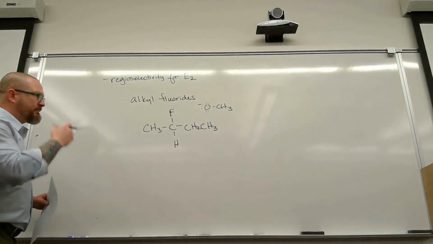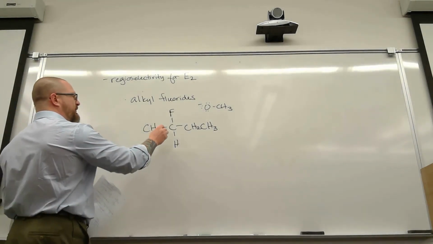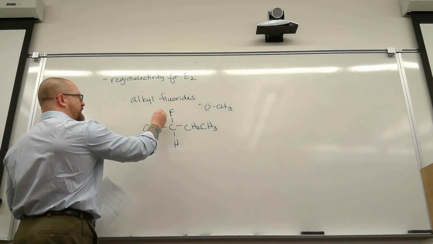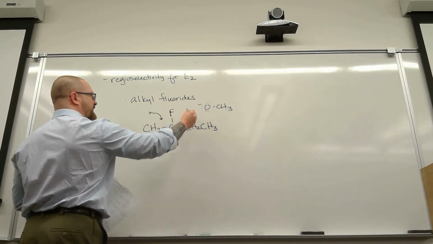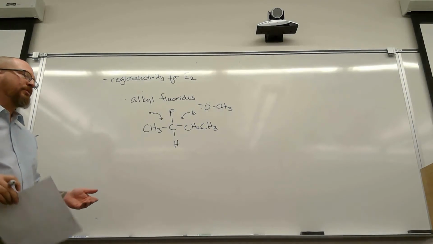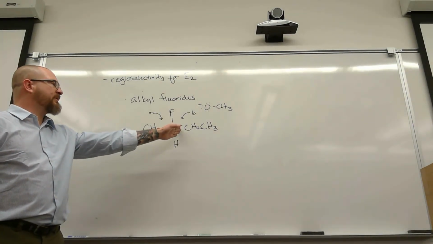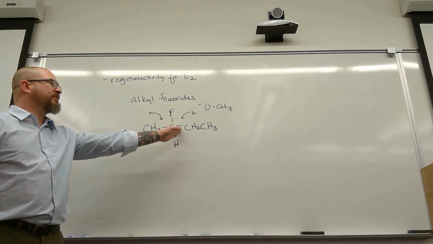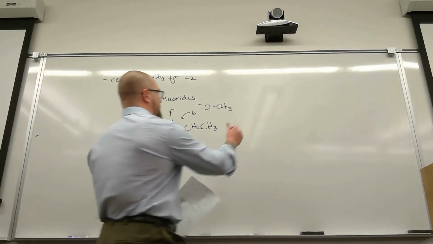Methoxide for a base, and that means we can eliminate either from this position A or this position B based on Zaitsev's rule. Because of stabilization of the double bond character, you would expect to eliminate here because you're going to have a more substituted double bond. But what we see is